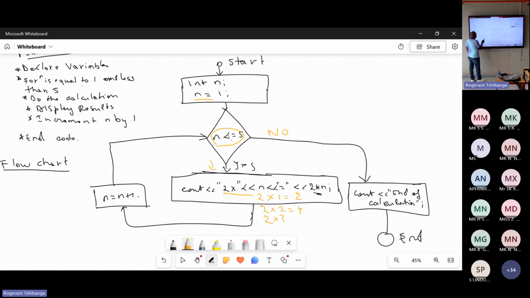And then the incrementation of your n, of your counter, is not done inside here, it's done outside. Why? Because this is how the for loop works. If it was a while loop, you were gonna put it in here, but it's not a while loop, so it's a for loop. You put it outside, and then you come and increment. Once you're done, then it's gonna come here, and then you end your code from there. Right. So that is the for loop. Now, when this comes out to our code,